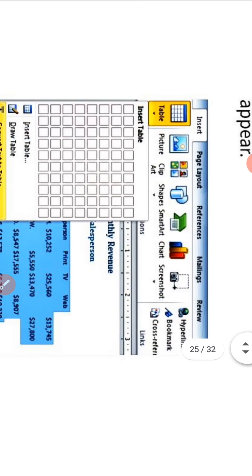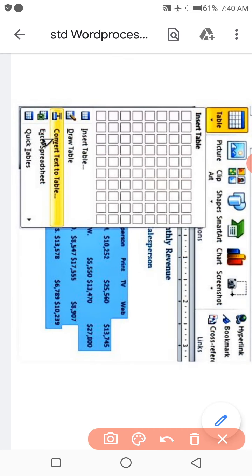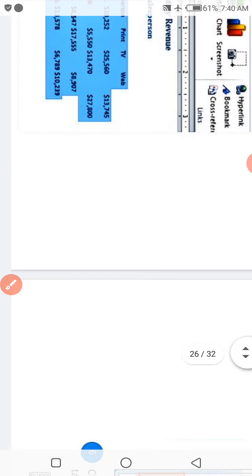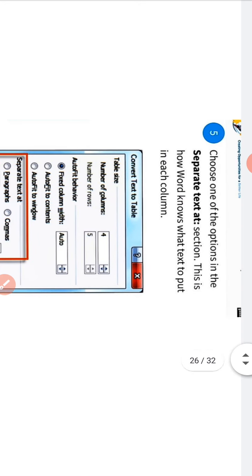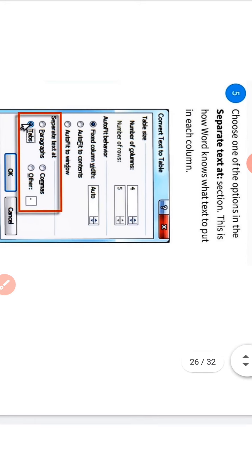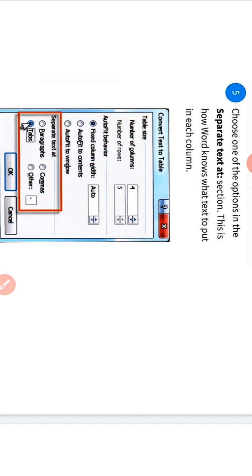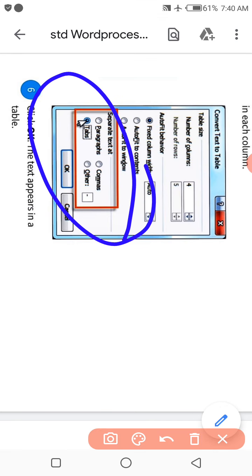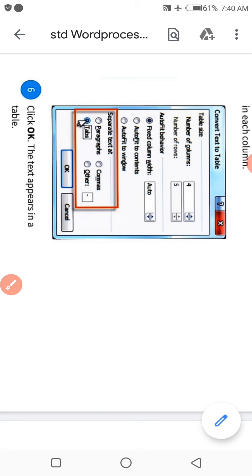A dialog box will appear. Step 5. Choose one of the options in the separate text at section. This is how Word knows what text to put in each column. Step 6. Click OK. The text appears in a table.